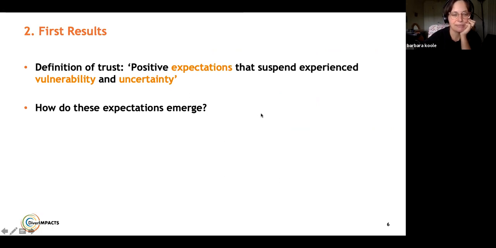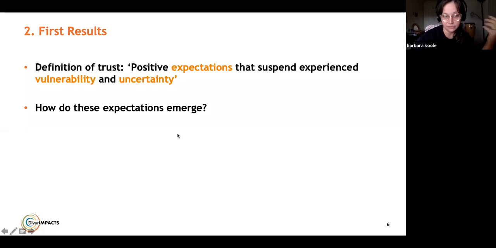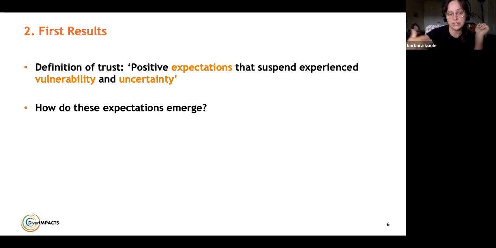Okay. All right, so moving on to the second part of the presentation, the first results of my work here in DiverIMPACTS. My first harvest, or my first result, is actually a more theoretical or methodological result, because my first article really focused on developing a way to study trust in this context. And this has to do with what I previously explained, that until now, in much literature on trust in these kind of contexts,